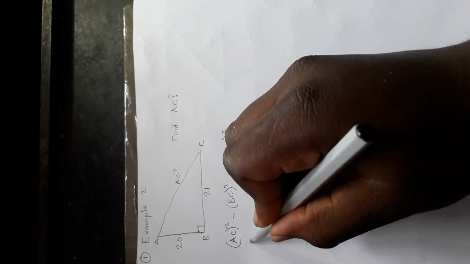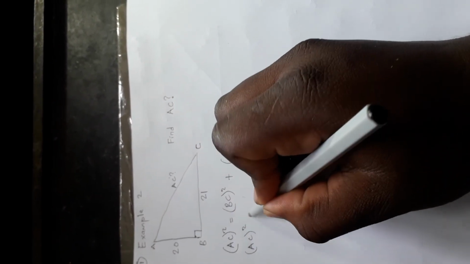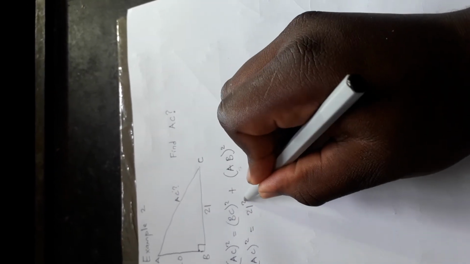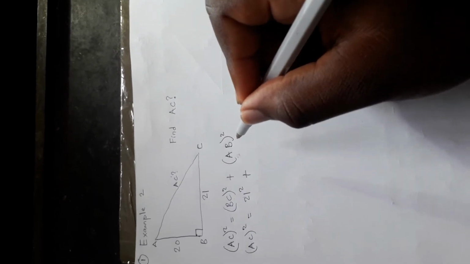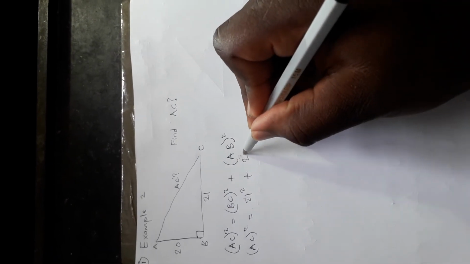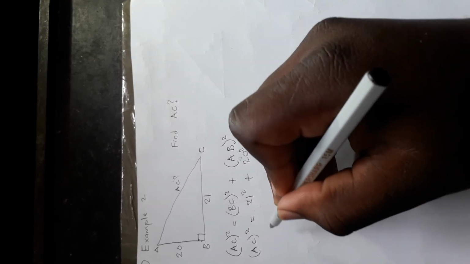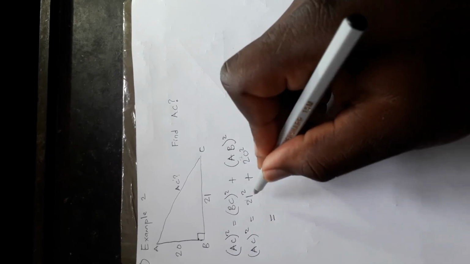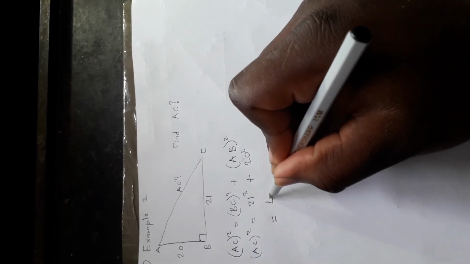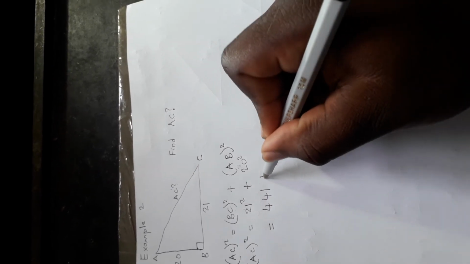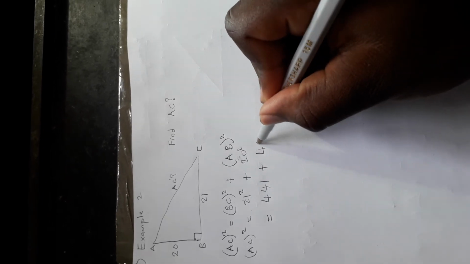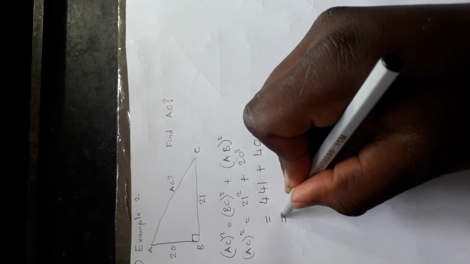Now, AC is what we are looking for. What is BC squared? BC is 21, so we have 21 squared plus AB is 20, so we have 20 squared. What is 21 squared? You insert it in your calculator, you are sure to find 441. Plus, what is 20 squared? Do it again, you are also sure to find 400. And if we add these two, it is